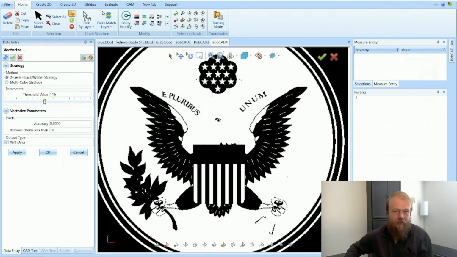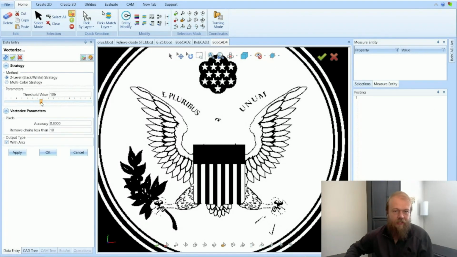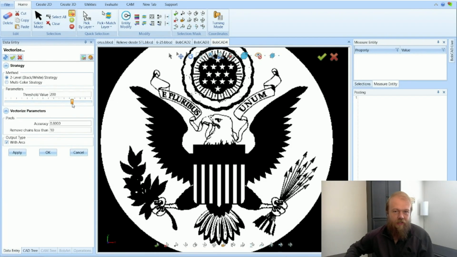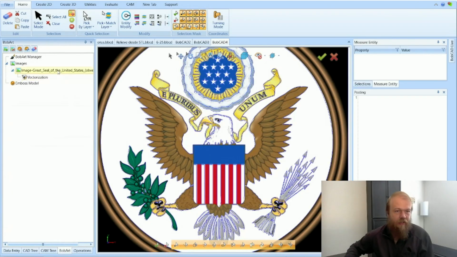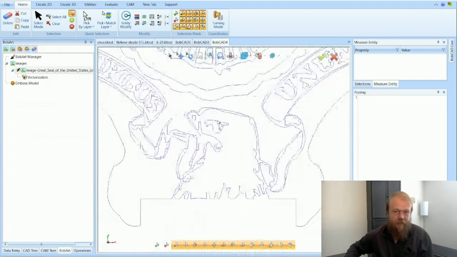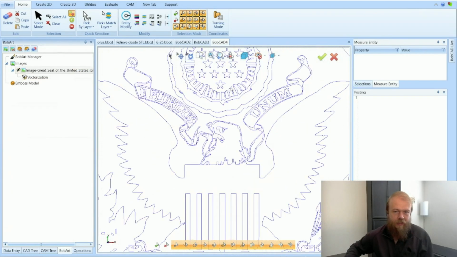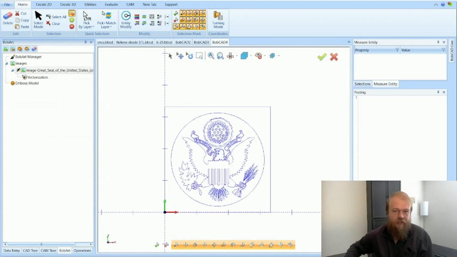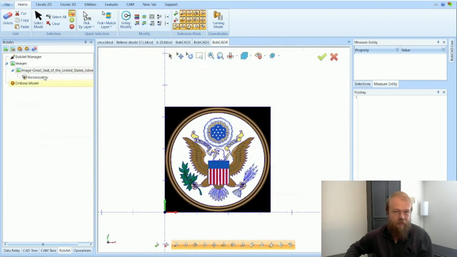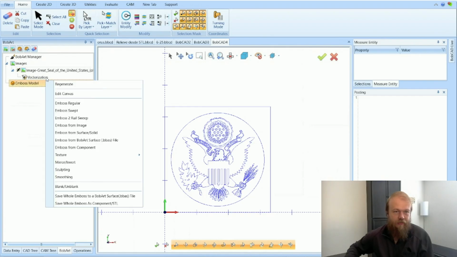But if I want to go in further to try to get all of the vectorization of the feathers there, and then try to get the profile of the seal at the top here and the profile of the bird, of the eagle there, this is what it comes out with. So not perfect, but there is another way. So if I blank all of this out,